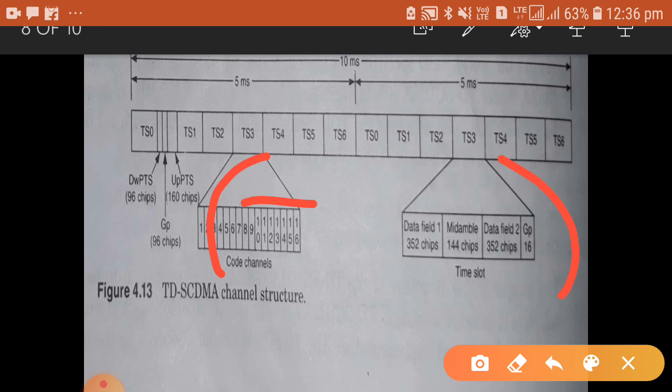A total of 16 spread codes are used within TD-SCDMA. One more important point: these codes are orthogonal to each other like CDMA codes, and they appear as part of a tree. The tree for the code sequence shows the potential data throughput, the efficiency of the particular network, and what data rate can occur. So this is the channel structure given for TD-SCDMA.